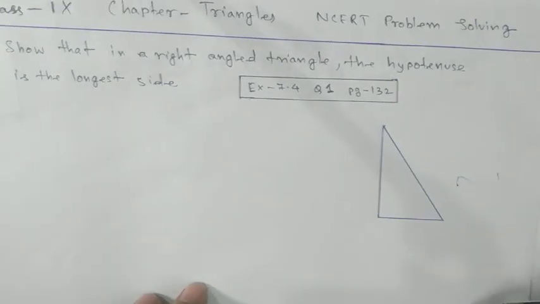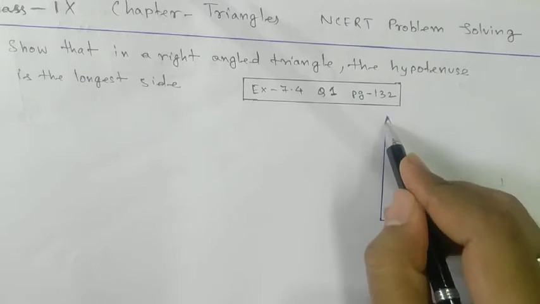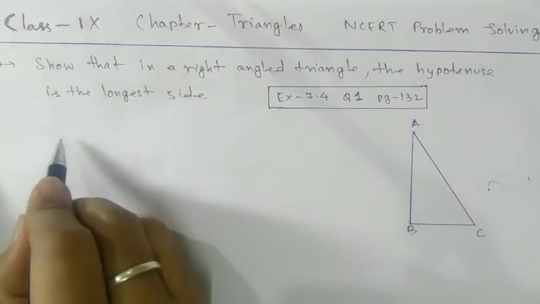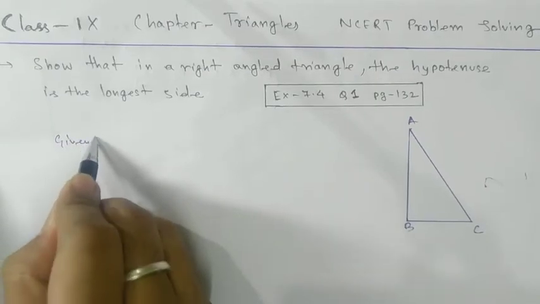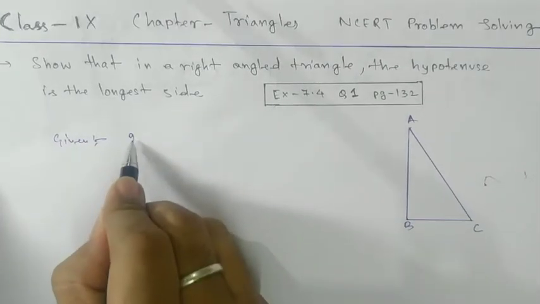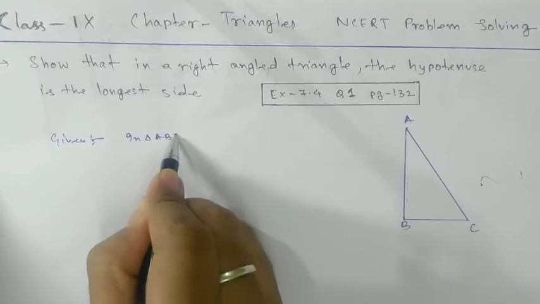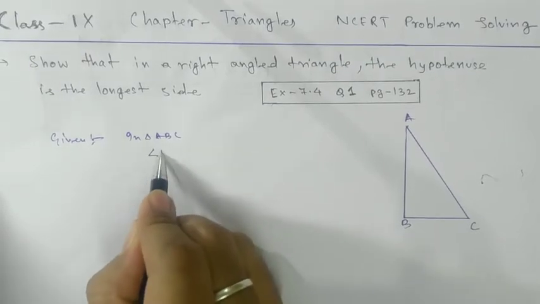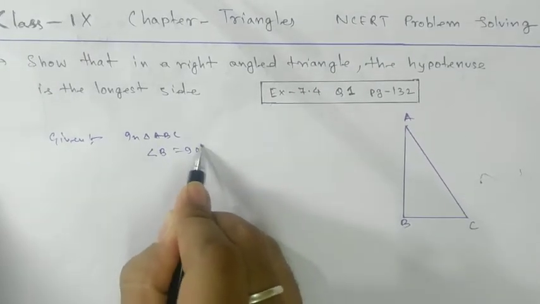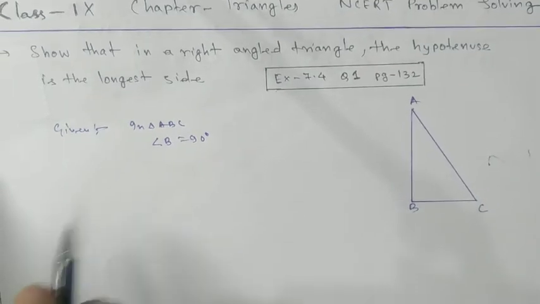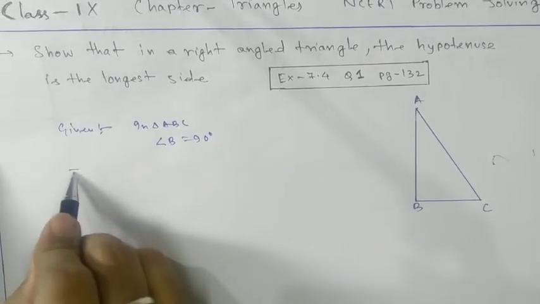Here we have a right angle triangle ABC. Here we are going to write the given: in triangle ABC, angle B equals 90 degrees. This one we have, and we need to prove that